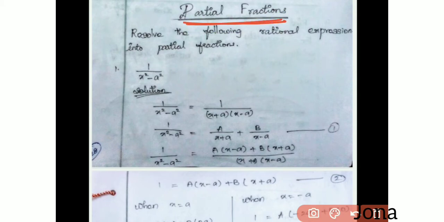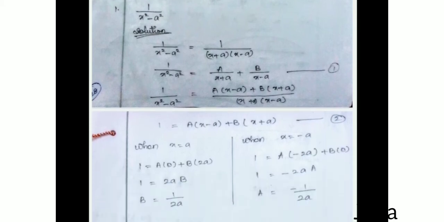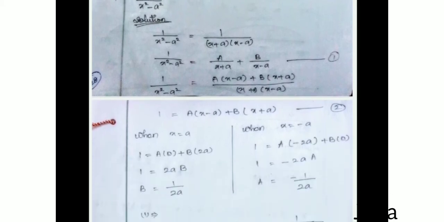So I am going to split the factors of the denominator here. I can't split directly. I need two more constants here that I want to take as A and B. How to take this? How many factors do we have? x plus a and x minus a. Two factors we have, so I want to introduce two constants here, A and B. So how to take these constants?